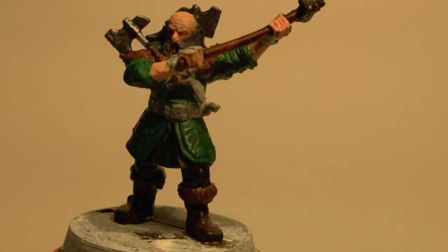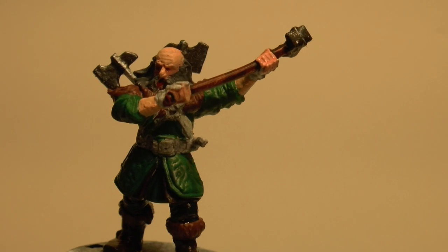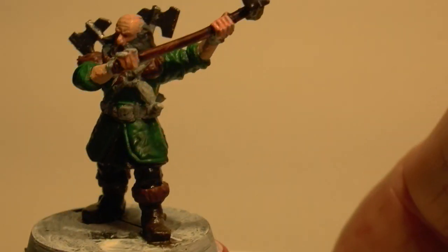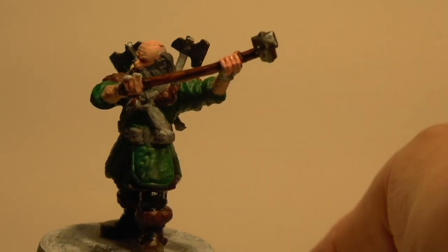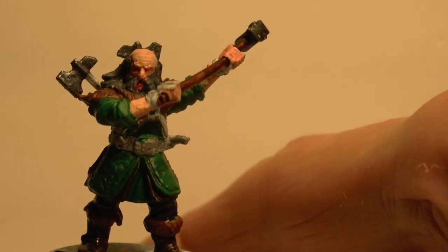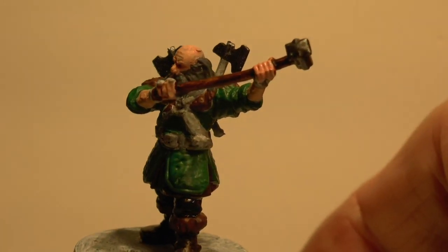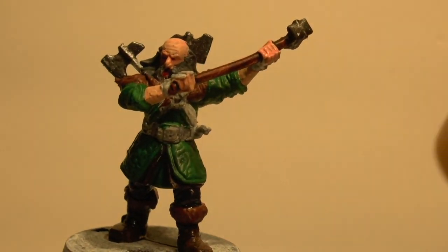Again, I think this one's going to be a quick one to paint. I've done the green for the jacket, and there's dark grey on the leggings. I've done the usual umber, raw umber on the boots, and I realised that I hadn't actually done the forearms, so I've done those in pink, so there's a red wash that has got to go on them just to darken them up a bit. I haven't done the strapping around him yet, or the belt, because I'm going to do a wash on the